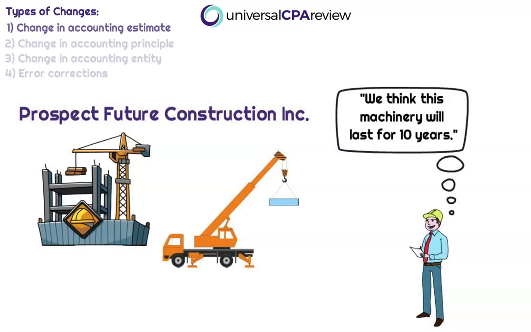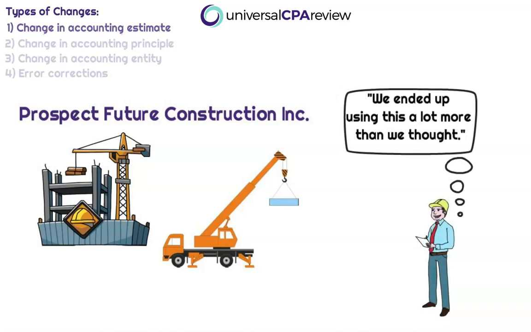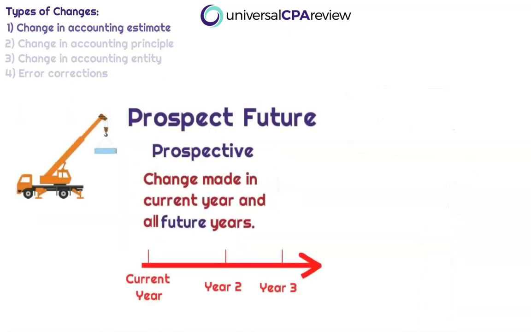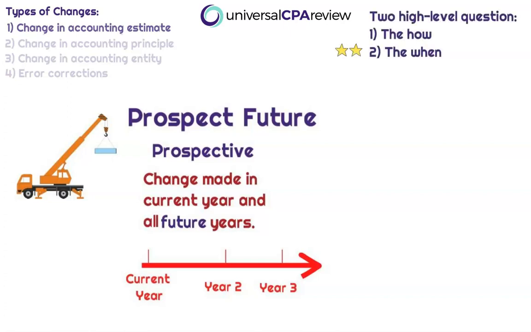Keep in mind, although Reggie has been in the business for a long time and has a good idea of how long these assets will generally live, how long they will be usable, a lot of things can change. Maybe some unexpected projects came up that needed to use the assets, and therefore some of this depreciation might have been accelerated. But bottom line, if a change in estimate is made, that change will be made prospectively. That means the change in the financial statements, the when, will be made in the current year and in all future years.